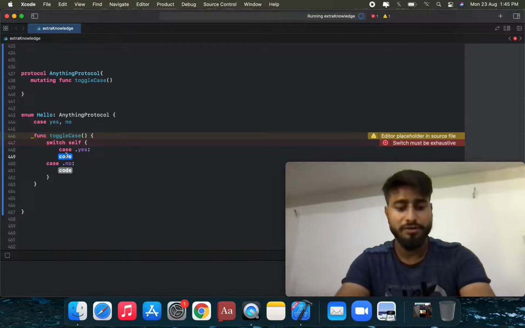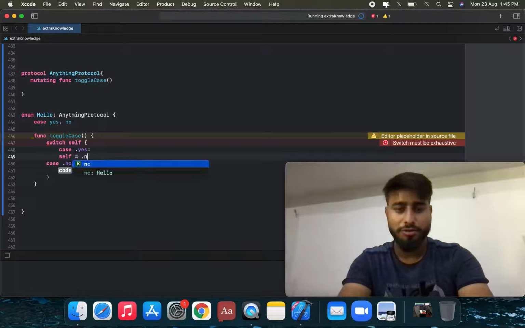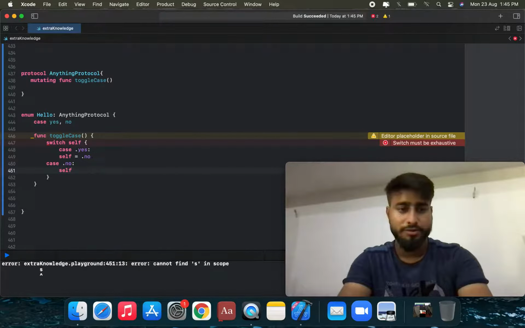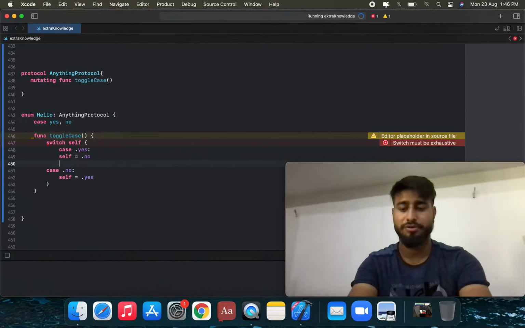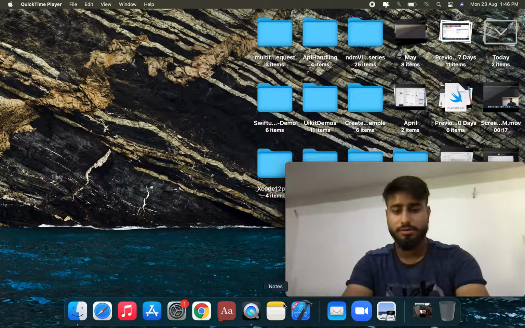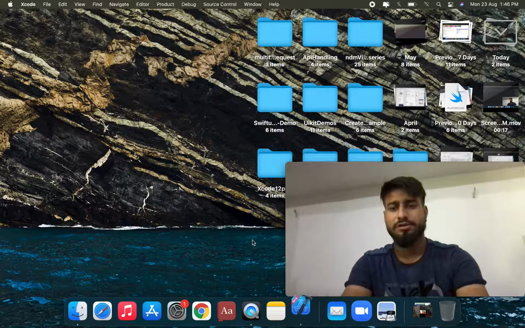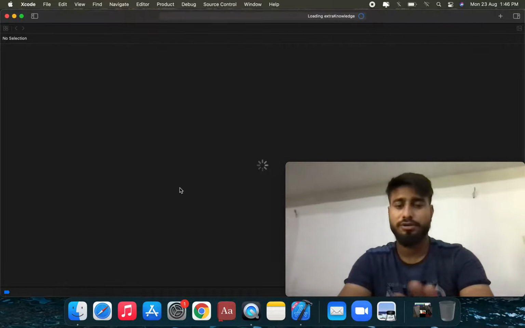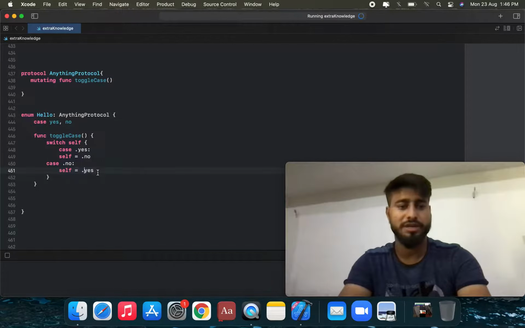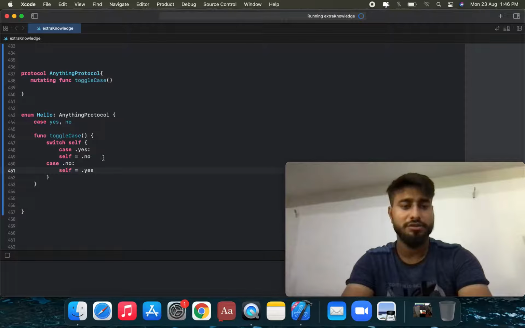Suppose we can use the add-on. So self is equal to yes, dot no. Okay, and we can set self is equal to dot no, dot yes. We're gonna apply this on the yes case. So we can change this case. We're gonna print this case. There is an Xcode beta issue, where this condition is not applied in this issue of Xcode beta, and not an issue in our project, our coding and our cases. So we can use the print statement.